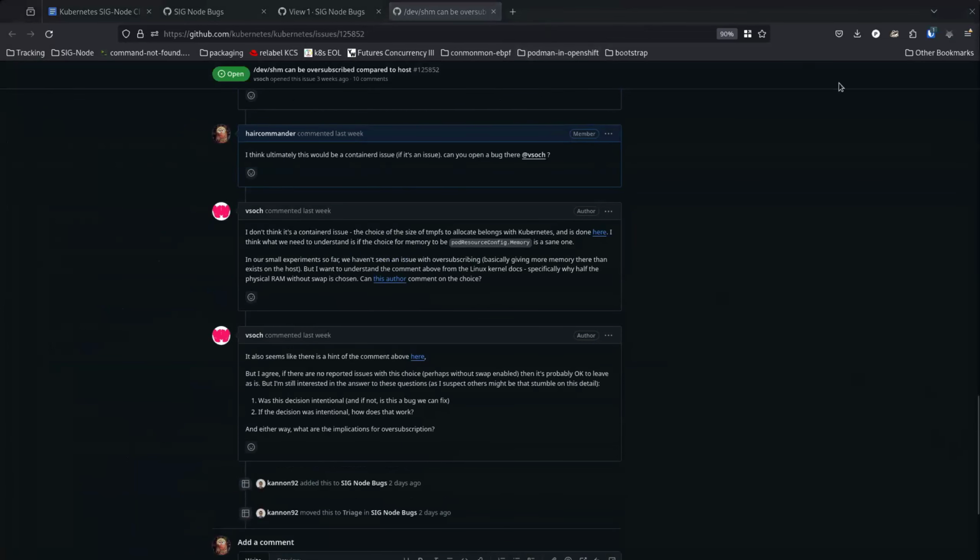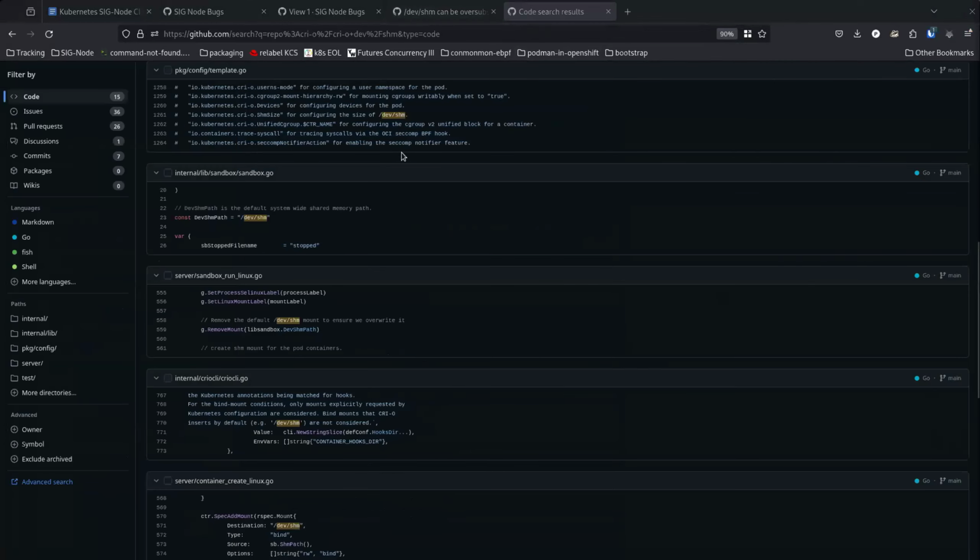From my understanding of what CRI-O does, it has a specific dev shim mount that it creates for the pod. This is related to an emptyDir specific size, though, right?